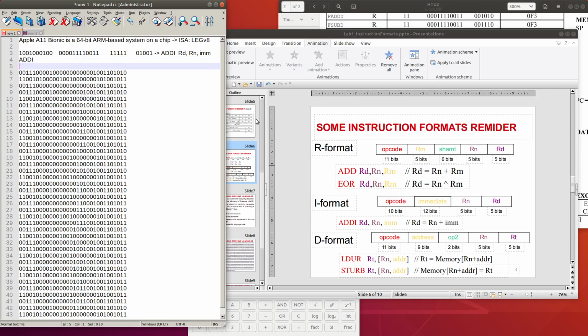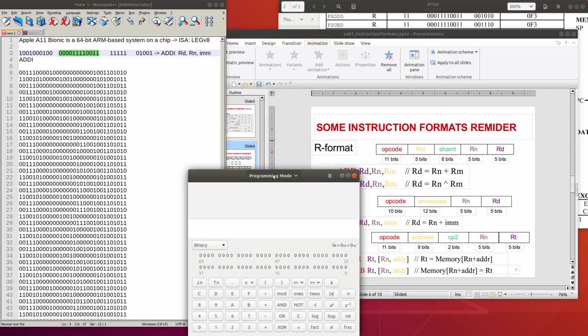This 12 bits is the immediate value, and we will need to convert this immediate value into hexadecimal or decimal value. We use the calculator in programming mode.